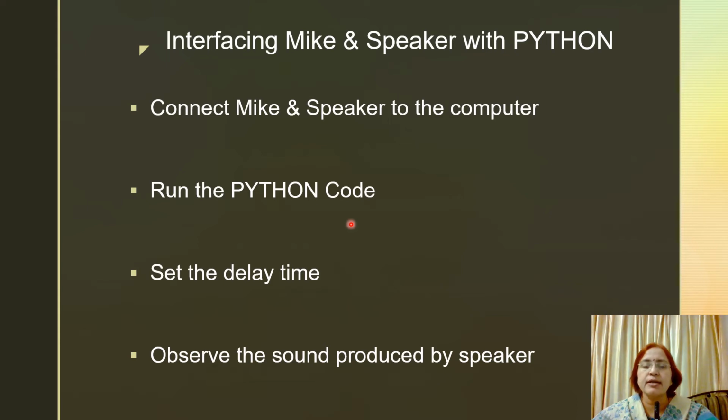Some commands are there, and after that we give some delay time. After that delay time, we output that sound to the speaker. Are you getting it? So in this way, first we record some voice and then we play that voice using the speaker.